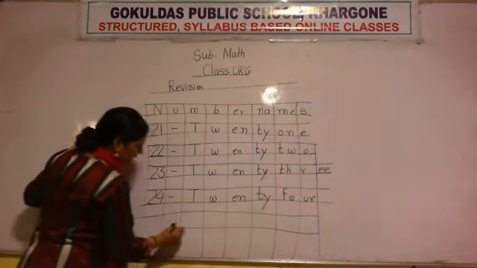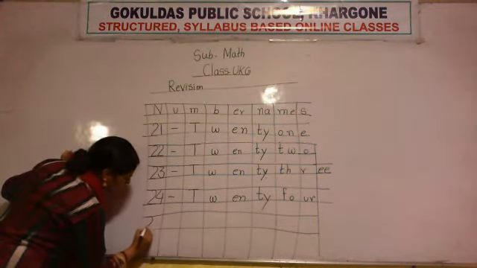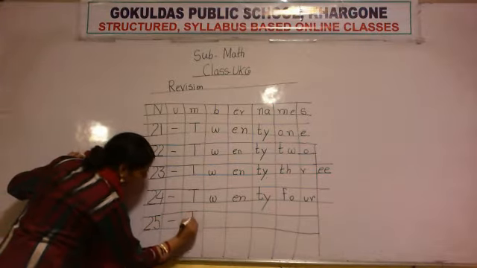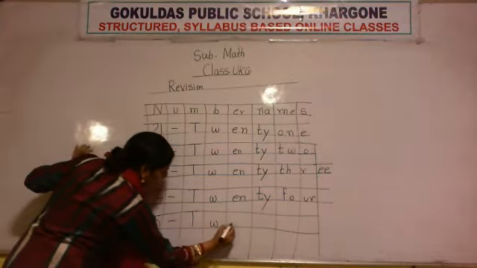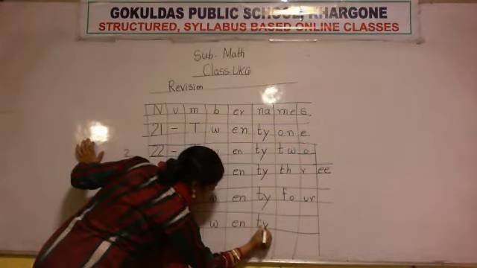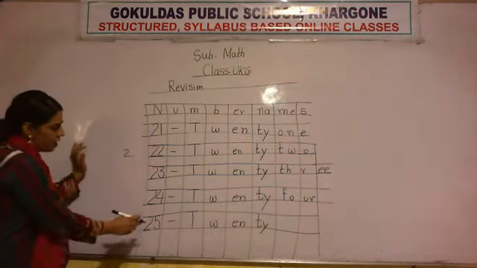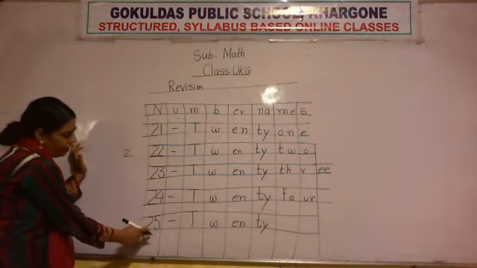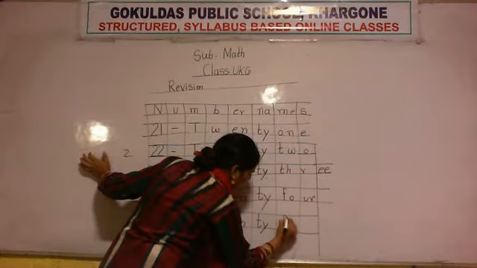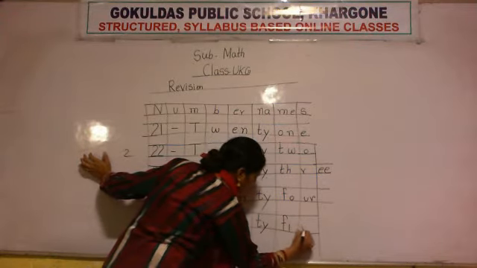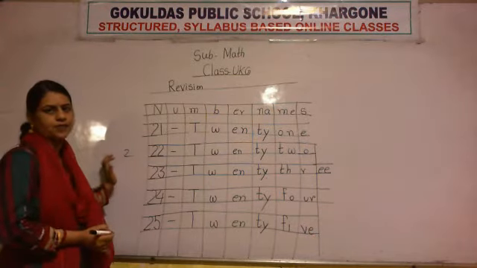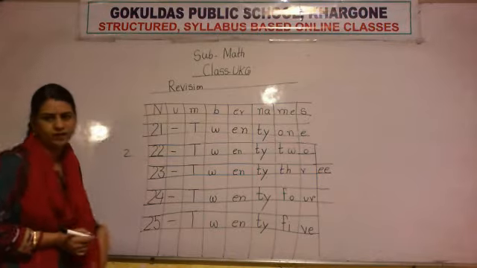Now I am going to write the spelling of 25. TWENTY. And the spelling of 5, because 5 is written here after 20, 25. So here I am going to write the spelling of 5. FIVE, 5. Now complete this. After that I will write the spelling of 26 to 30. Now you complete this first.